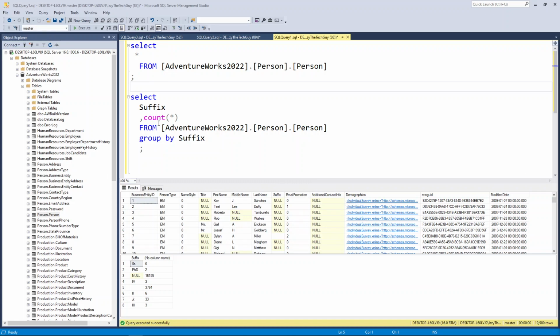Wanted to go deeper into some more data exploration. One thing you'll face when you're doing some exploration, especially using SQL, is nulls. Nulls can be very tricky, but I'm going to go ahead and show you ways to handle that. Now, we have this AdventureWorks 2022 data set that we're using, and I'm going to be focusing on the suffix